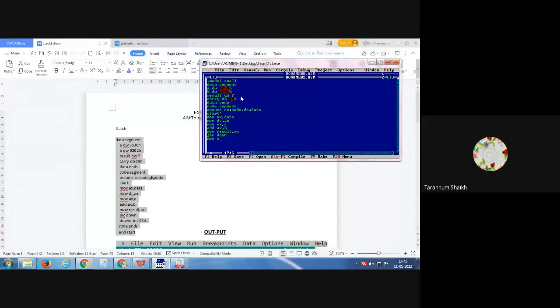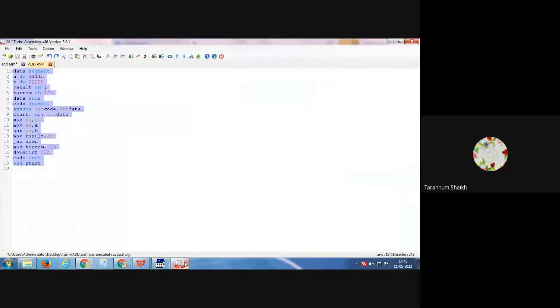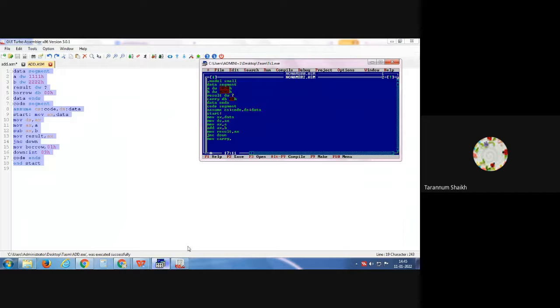MOV carry, comma, where is the carry? Carry generated here. Okay, 01. Then